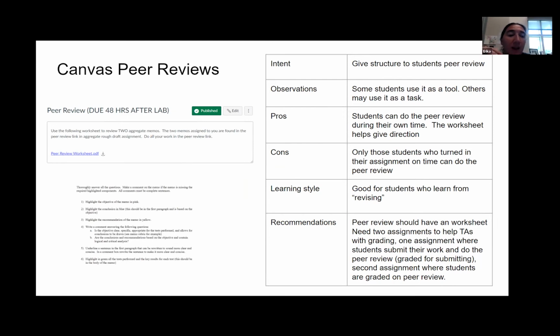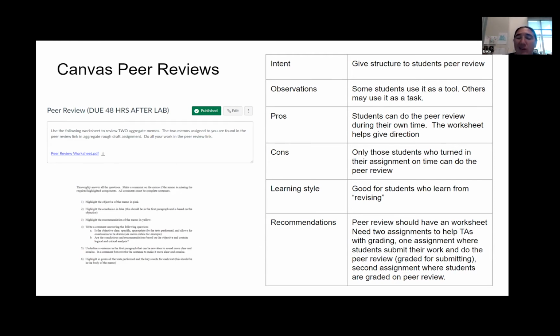whatever they're going to be reviewing, and then they are assigned via Canvas, either manually or automatically, 1 to 2 or however many I chose, and I chose 2 memos to review. And as they reviewed the memos, I gave them an assigned worksheet to go through to basically structure it, because I know I have a bunch of sophomores, and when I tell sophomores to review each other's paper, they don't really know what to get out of it. So I gave them a worksheet to go through, and they did all the peer reviews through Canvas.